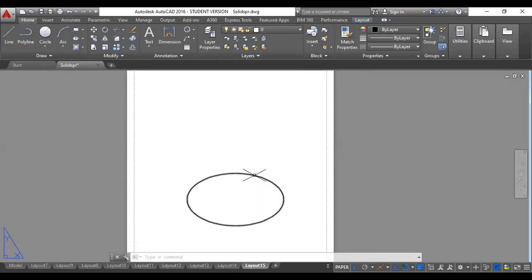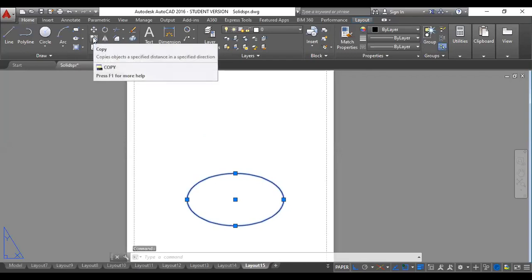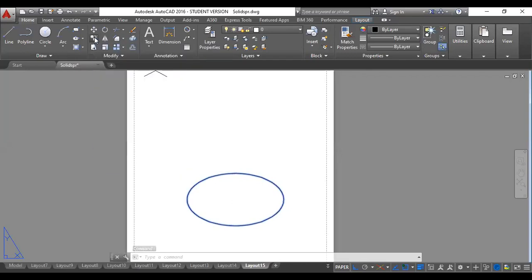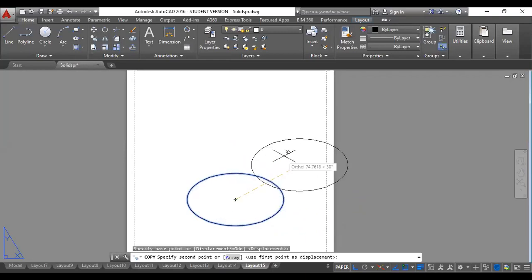So now let us say total height of the cylinder is 100 mm, what I've told you. So what I will do is I'll just copy this and move it at a height of 100 mm so that I can do very easily. So first I'll select this isocircle. I'll go to copy command under modify. So copy here, just click on this. Then I'll copy from the center. Okay. So you can see this is the center. Just click on the center and you start moving the mouse.